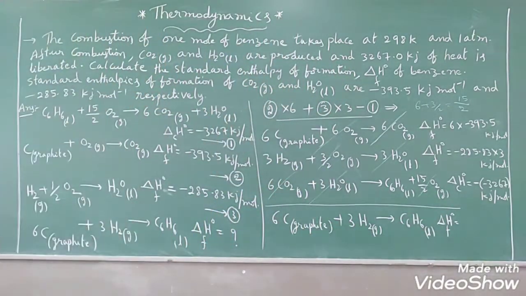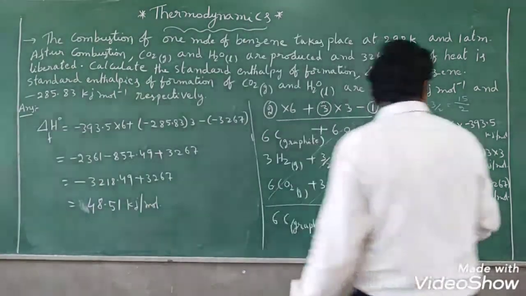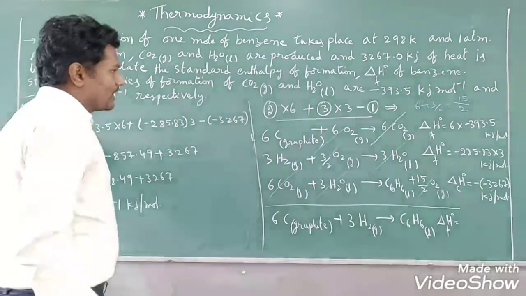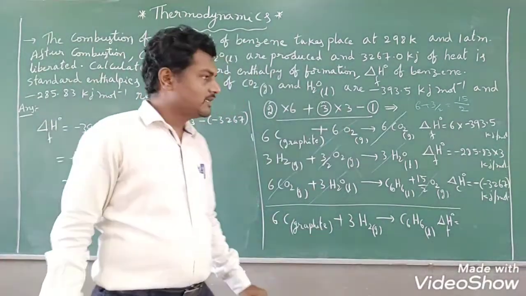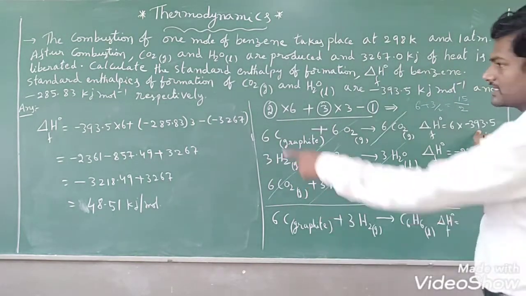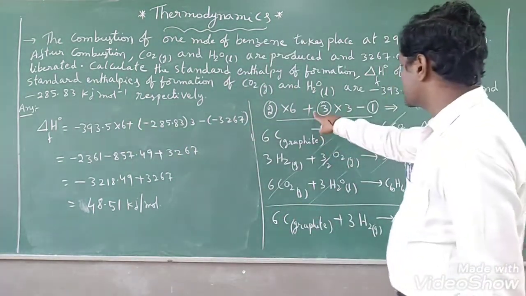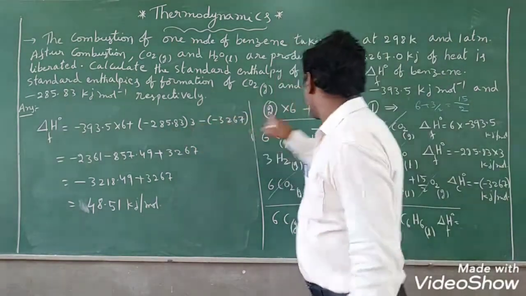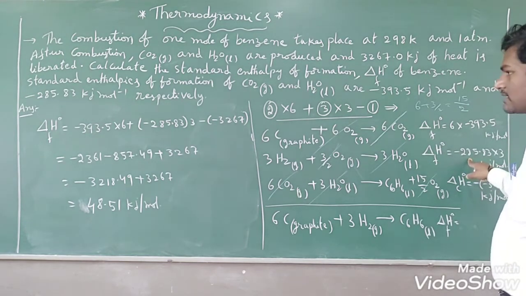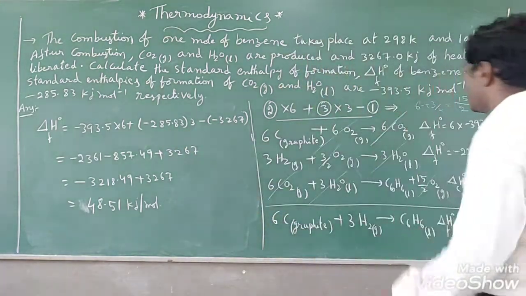You copy this. Let us see, students, the calculation of enthalpy of formation here. We didn't add it here, there is no space, so that's why I have written it here. You see that the enthalpy of formation also, according to this only we have to add. That means, the second equation value we have multiplied with the 6. What is the value? Minus 393.5 into 6. Same thing I have taken. Next, what sign is there? Plus sign. Plus the third equation value, which we have to multiply with the 3. That I have taken here. You see that minus 285.83 into 3. And the next sign is what?